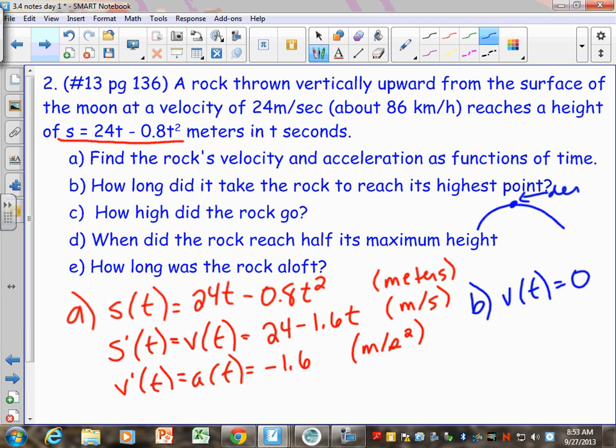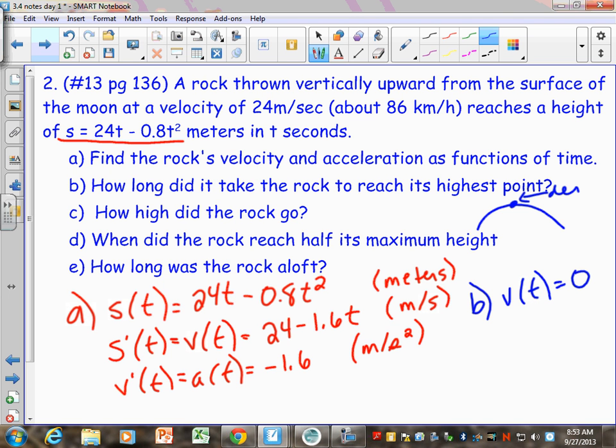I left extra blank spots to do this in, didn't I? So like, because we just keep going here, parts A, B, C, D, and E. So if you need to run it to the next one, that's why I have that there. Yes. Questions like this on your homework.